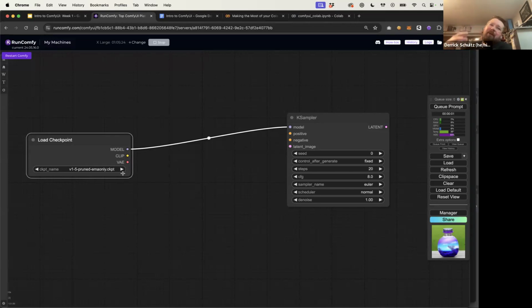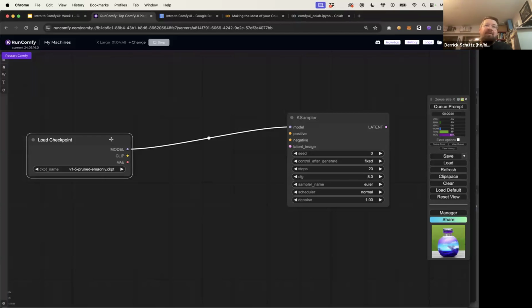So a checkpoint actually comes with a bunch of models inside of it. It comes with what we call the UNet model, which is the actual model that helps us generate the image. It also comes with a CLIP model, and it comes with a VAE model. The CLIP model is going to help us actually do the text prompting, and the VAE helps us with decoding. Basically, the main UNet model just provides a small image, and then the VAE decoder essentially turns it into an image for us. So a model will generate a bunch of ones and zeros or little pixels for us, and the VAE actually turns that into an image.